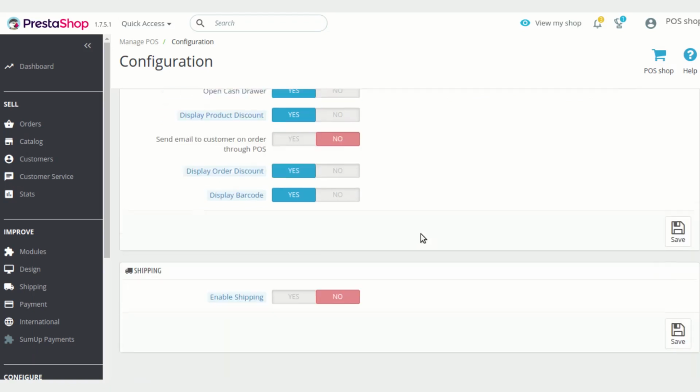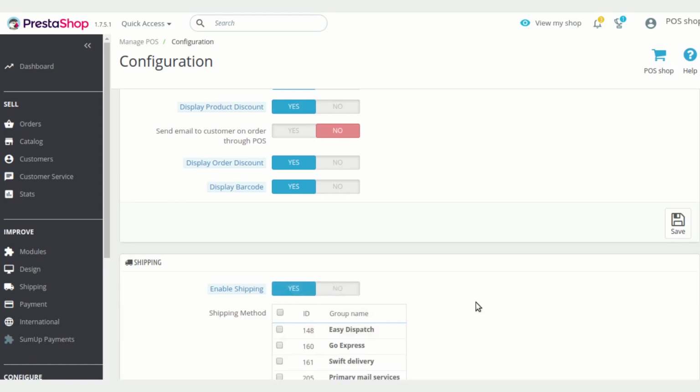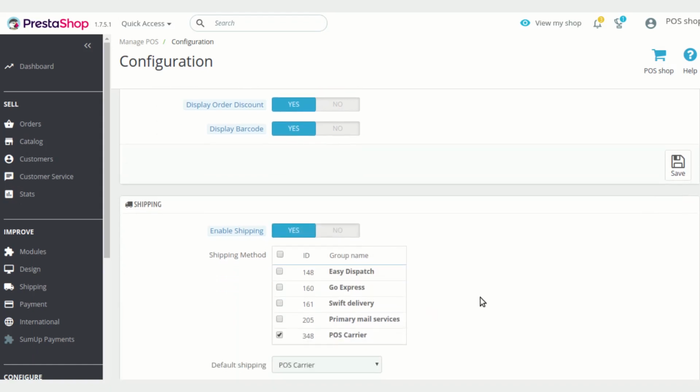Then after that there is a last section which is enable shipping. If you are processing orders of your customer via POS, or online orders of your customer via POS, then you can use this option too. If you enable this shipping method, then that particular shipping method will also be available to choose while ordering a product via POS.